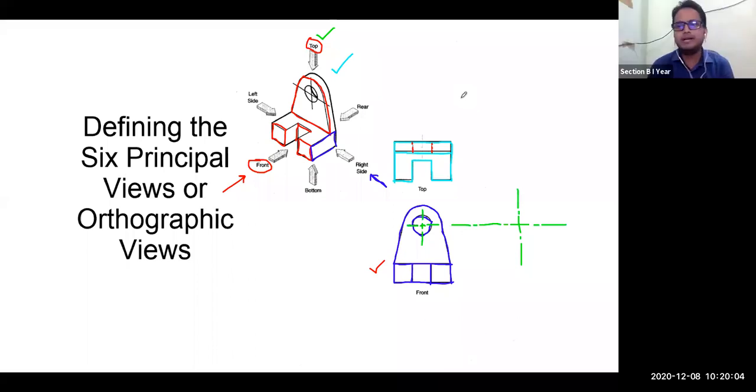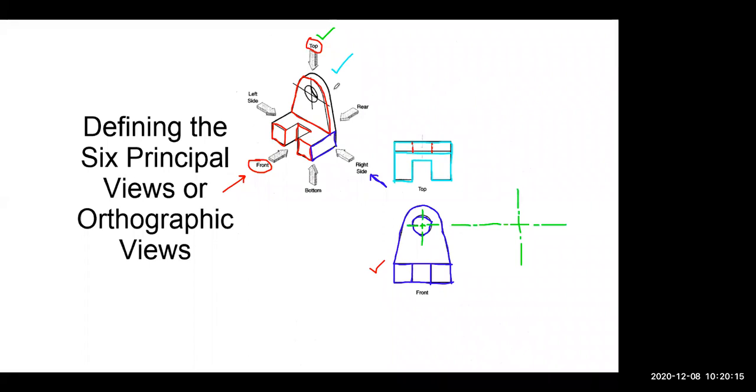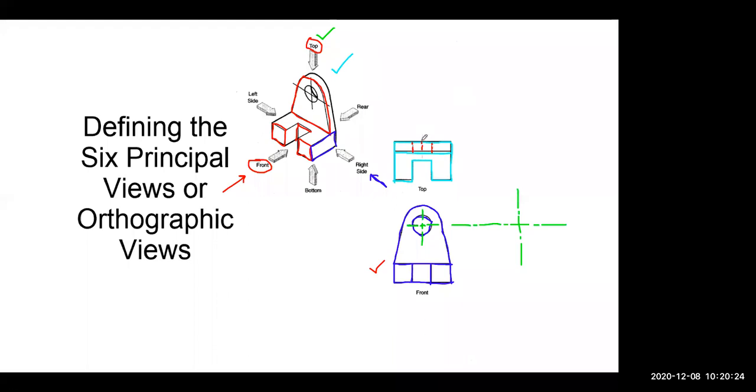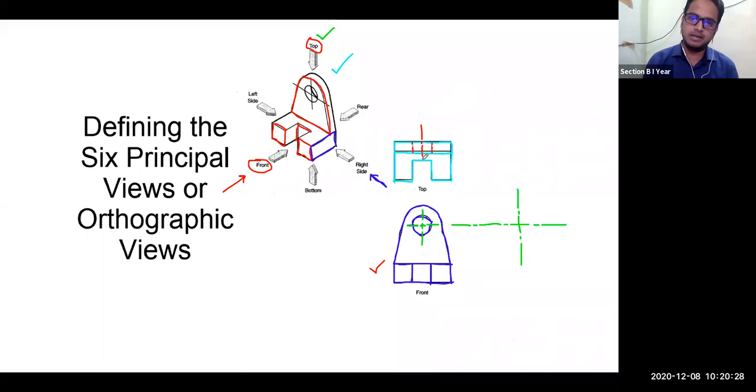So can anyone tell me what this hidden line is trying to represent? Which geometrical entity is that hidden line representing here? Center of the circle? Center is represented by the center line. You can see here one more line is there: a bigger one, then a smaller dash, then bigger, then smaller. The center line is like this.